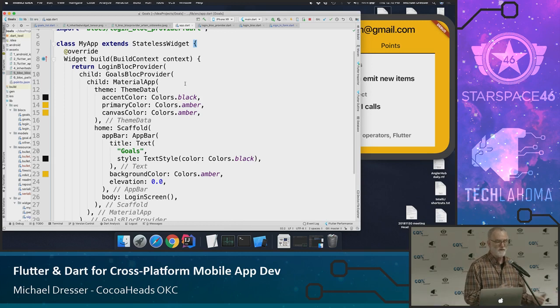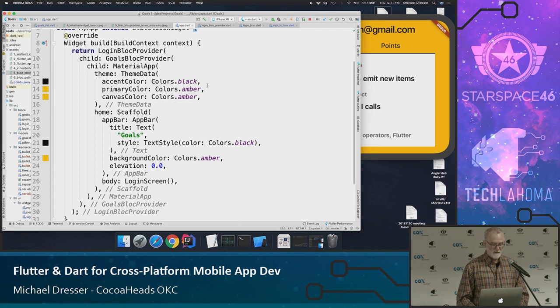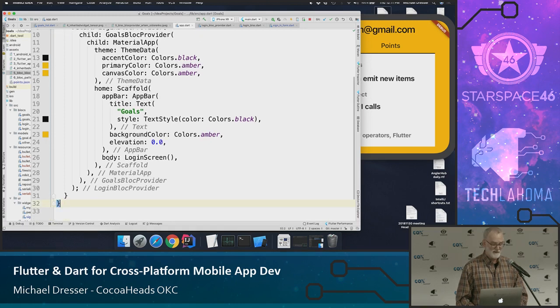In this case, it has a login block provider, followed by a goals block provider, followed by the material app, which gives you access to a lot of functions, including material widgets. You can put Cupertino widgets in if you want that functionality and look. And then home is actually a different name for a child, so it holds a scaffold. And then body is the name of a child within a scaffold.